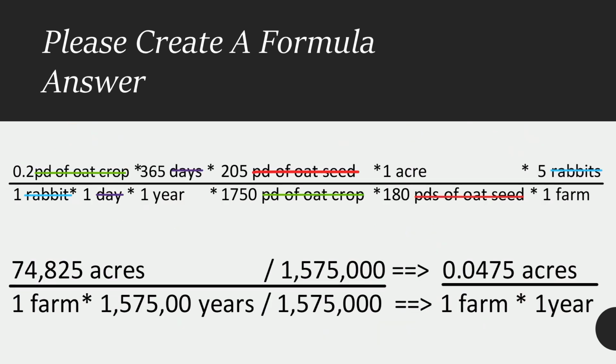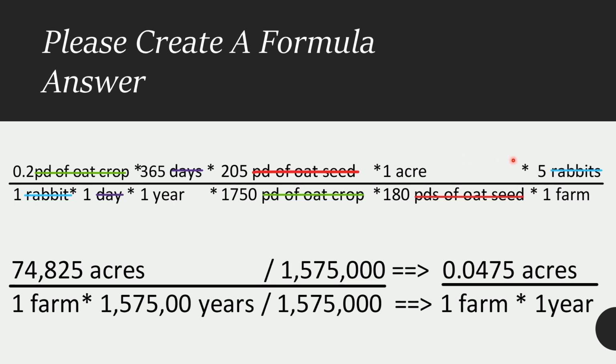So I decided to start off with pounds of oat crop per rabbit per day, right? And so I figured out how much food they're eating per year. How did I do that? I made sure my days canceled out right here. Well, that's great, but then I need to figure out how many pounds of seeds to plant, so I did that there, so my pounds of oat crop are canceling out right here. And so now I want to figure out how much space that's going to take up. And so my pounds of oat seeds are going to cancel out, and this is how many acres I need